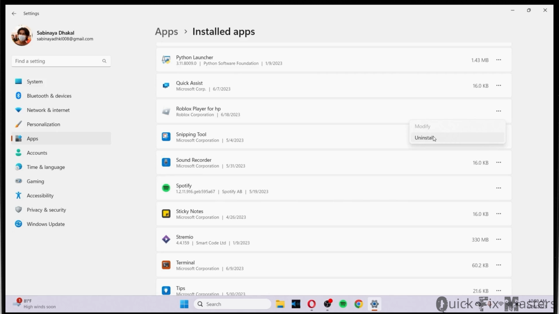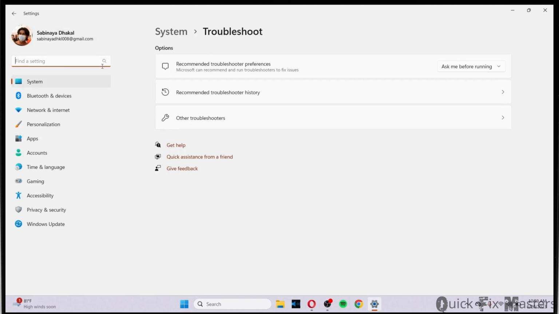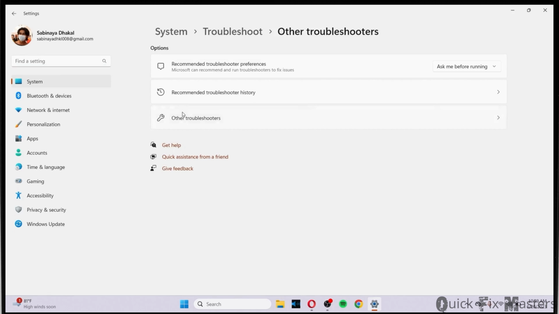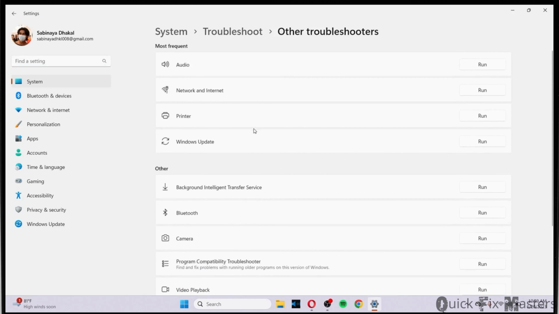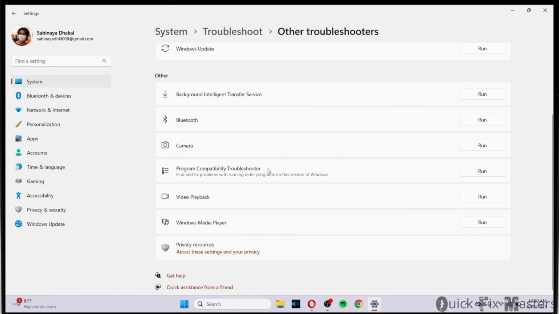If you don't have that, then what you can simply do is uninstall the app and install the app from Microsoft Store again. The next place you can go is to Troubleshooter. Click on other Troubleshooters, and if you have Windows Store app Troubleshooter right here, then make sure to run the Windows Store app Troubleshooter, or else you can also click on Program Compatibility Troubleshooter and click on Run, which might